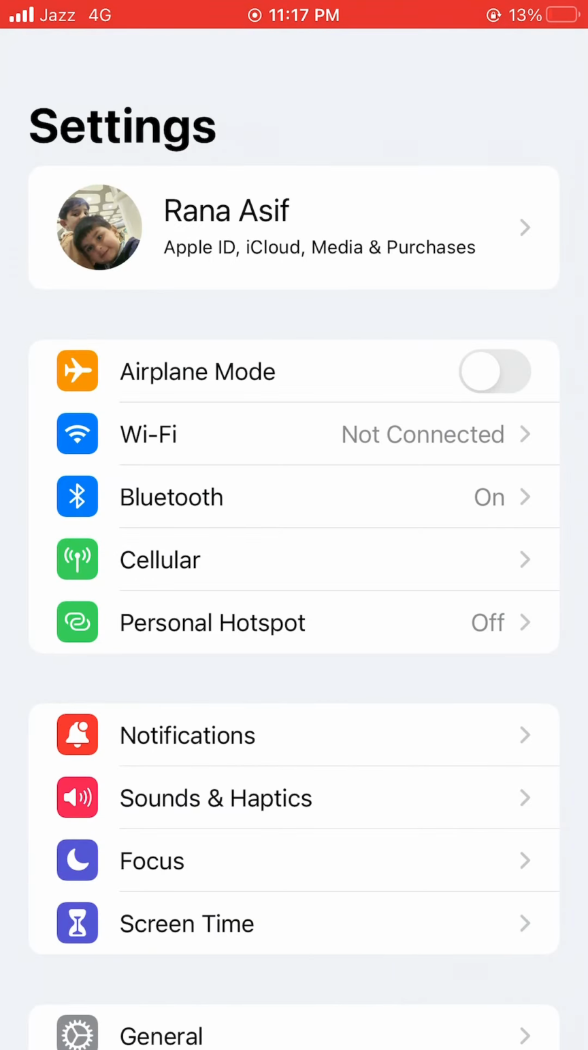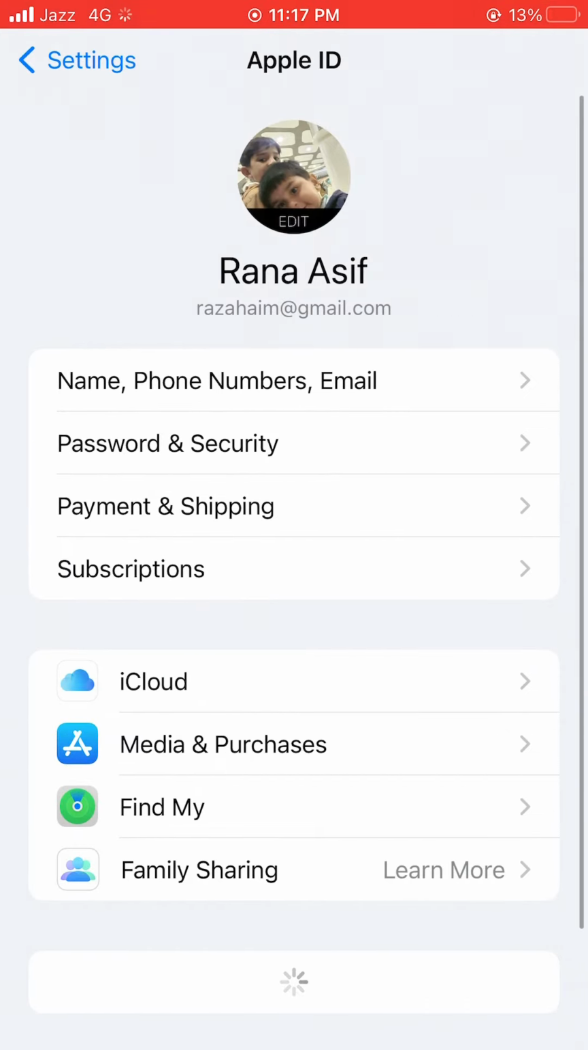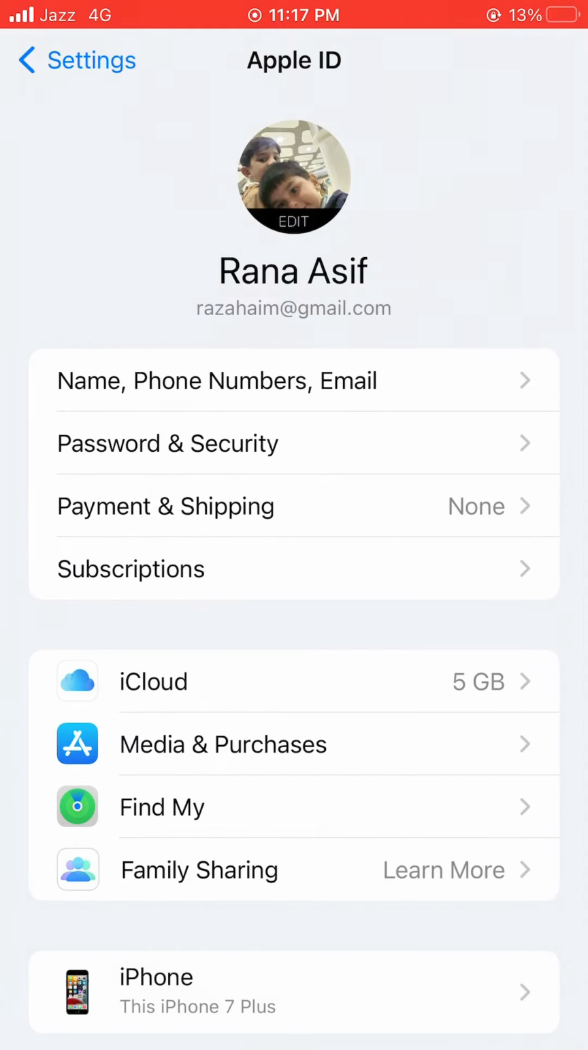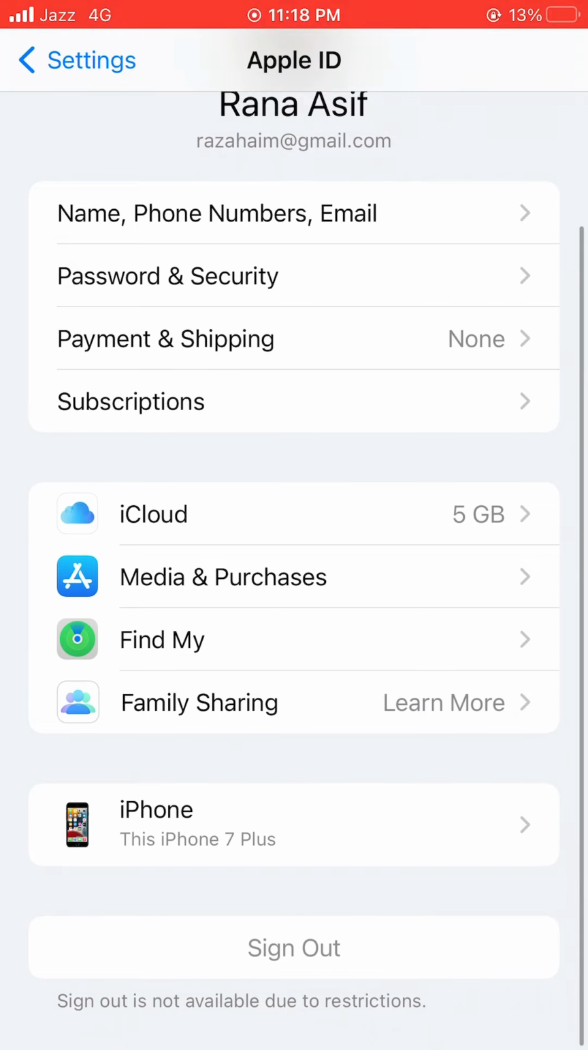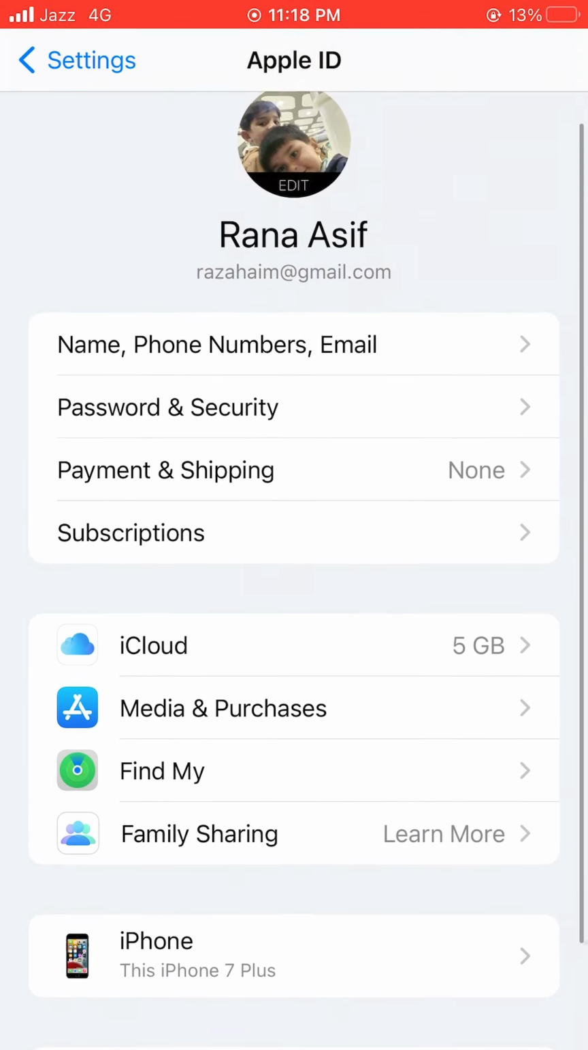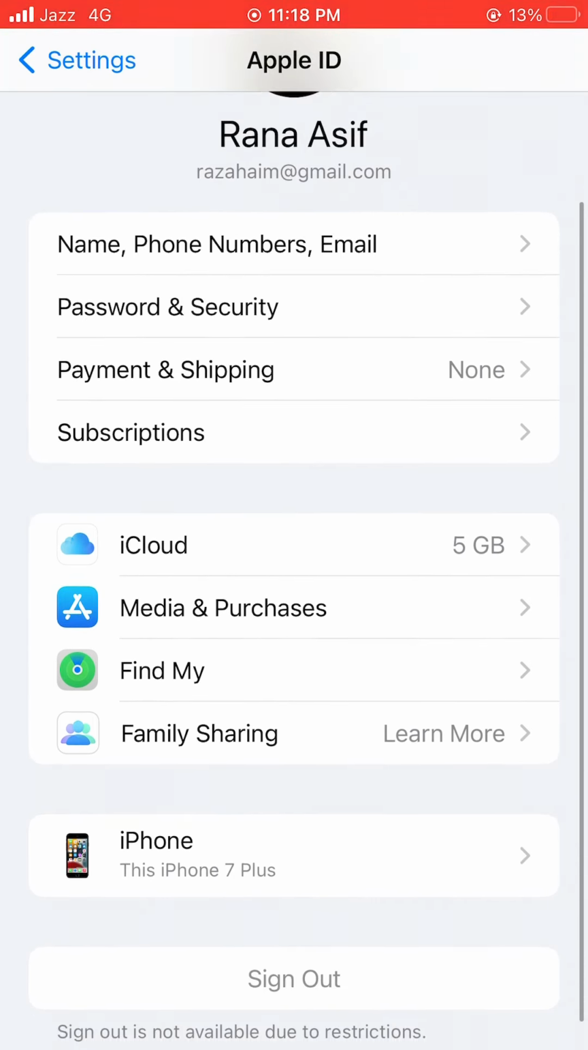Go to Settings and tap your iCloud sign. As you can see, the sign out option is hidden. Go back to Settings